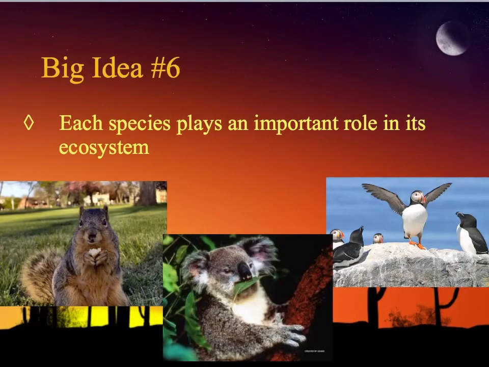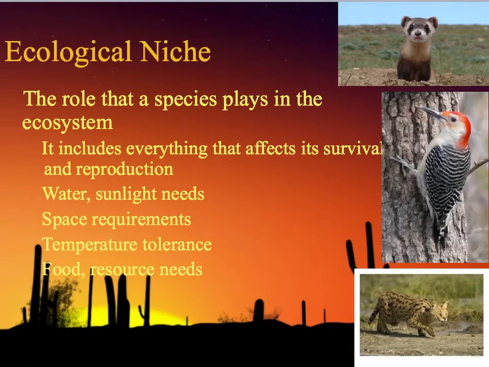All right, big idea number 6. Each species plays a really important role in its ecosystem. We know this. The role the species plays in the ecosystem is its ecological niche, and it includes everything that affects the survival of that species and its ability to reproduce. It could be anything from water to sunlight needs, space requirements, temperature tolerance, food, and resource needs. So we know a polar bear isn't going to live down here in the Northwest, and a salmon probably isn't going to live